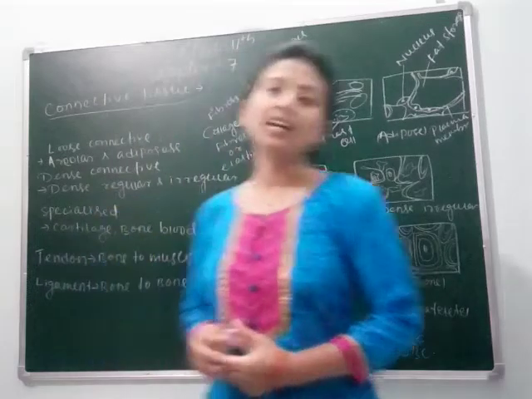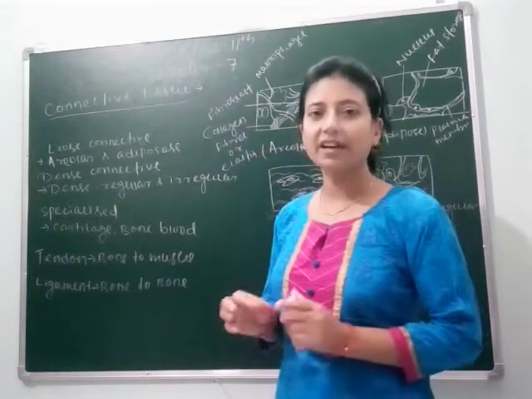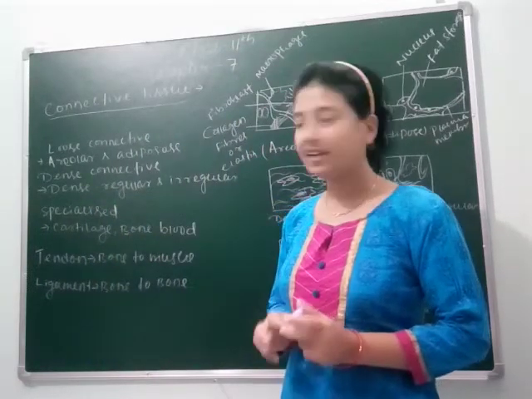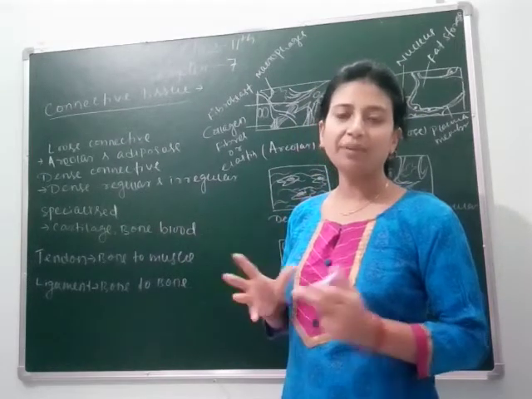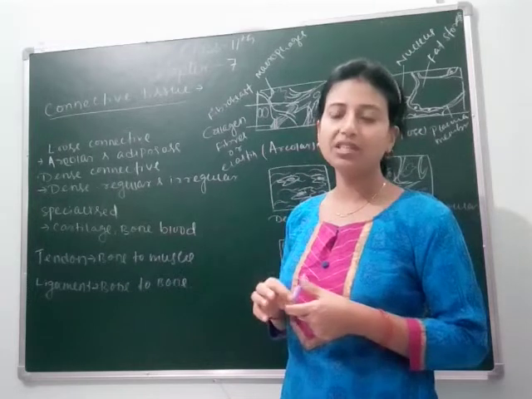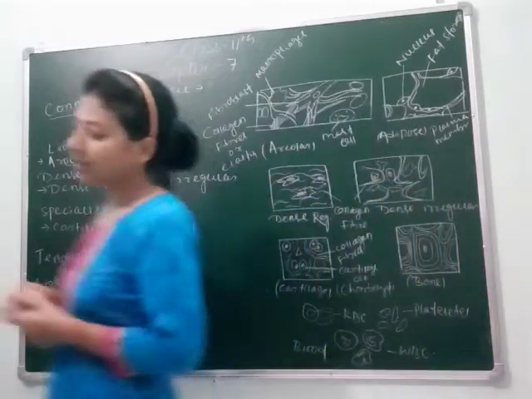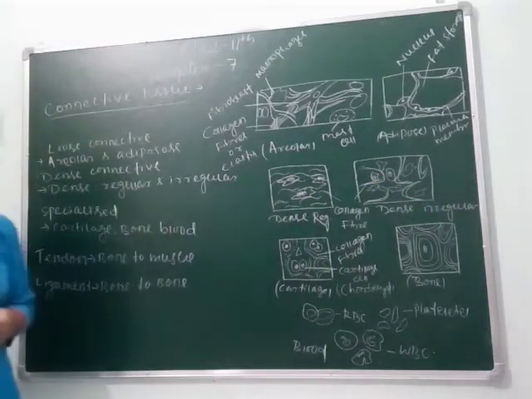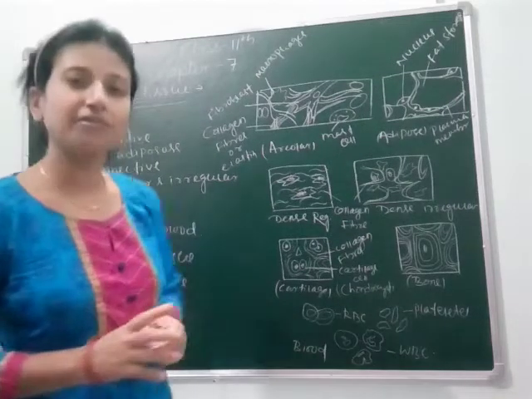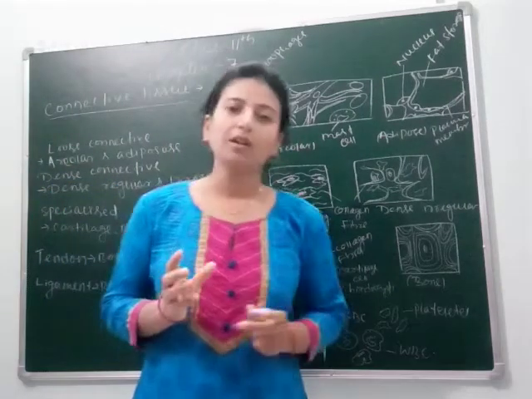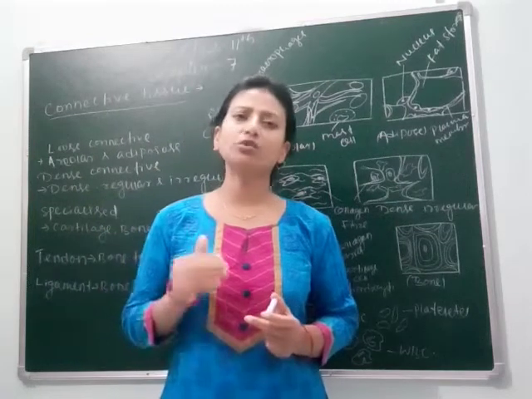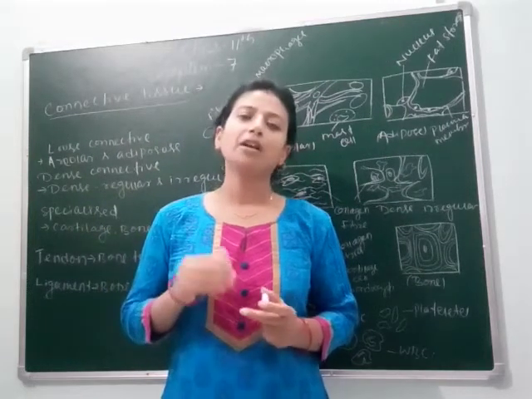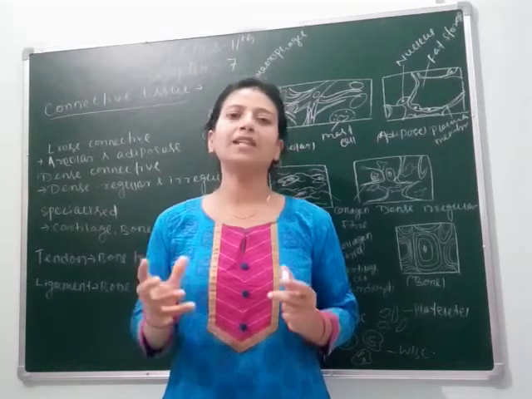We are continuing with chapter 7, that is structural organization in animals, of class 11. In our last class, we studied different categories of tissue, in which we already studied compound and simple epithelial tissue. In this class, we will study connective tissue. First, let's understand what connective tissue is. Connective tissues are those tissues inside our body whose work is to connect all the parts with each other.